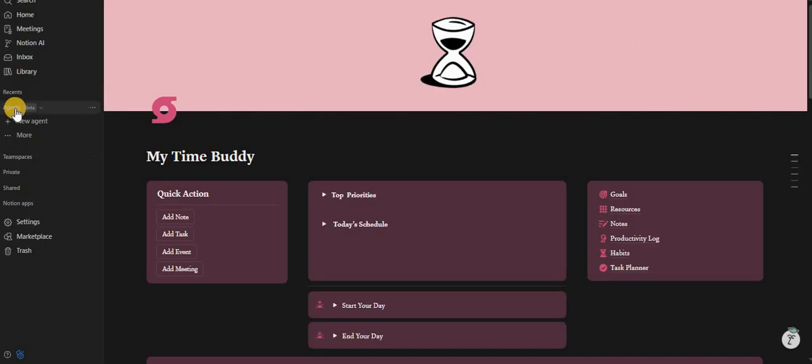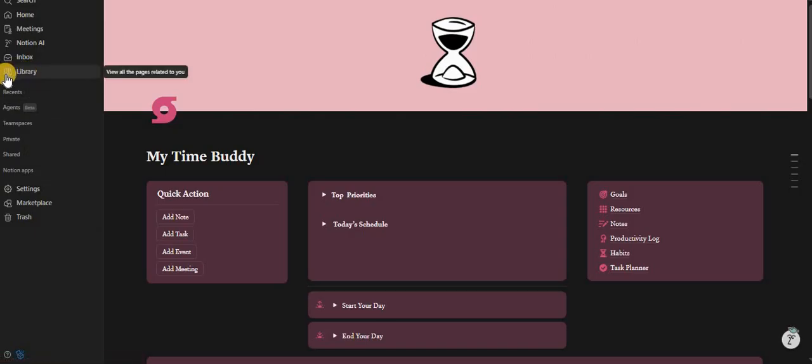First off, starting off with agents. So this is the agent tab. If you just come here, you're going to see the agents tab. We've already talked about library, which is another new feature that Notion has brought. So you could look at the link showing on the top right hand side of the screen